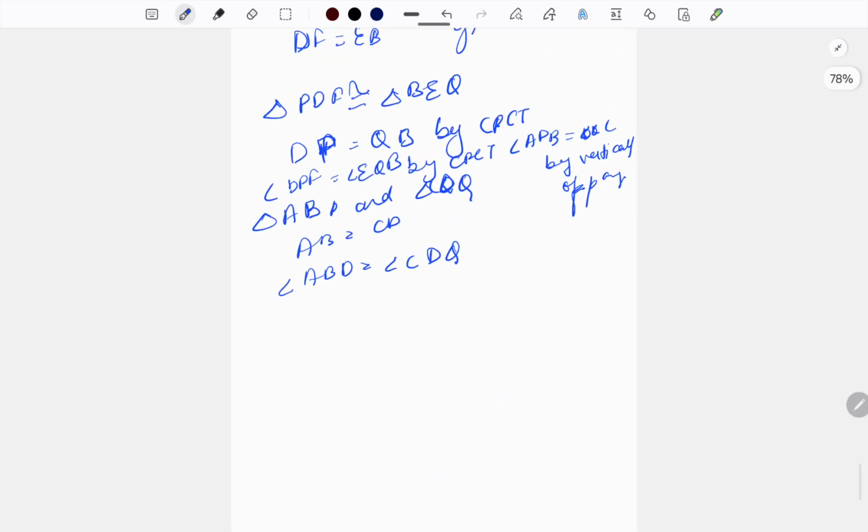So once again we reach here and we will use this same angle APB is equal to angle CQD. So APB will be equal to CQD. Therefore by AAS congruency,